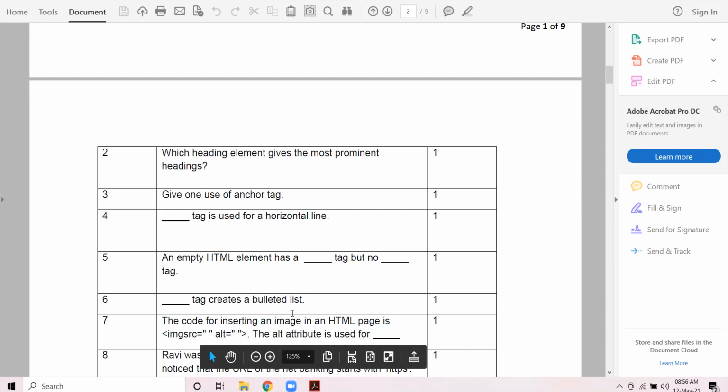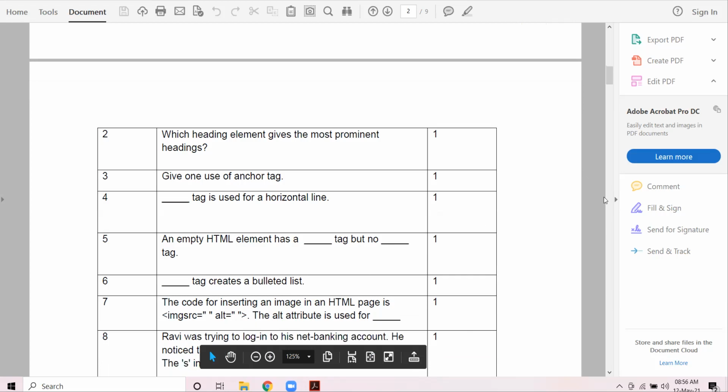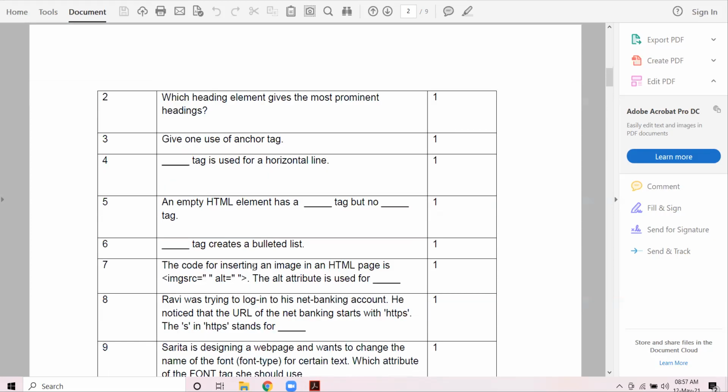You have to write UL within the angle brackets. All right. This question is for Jayaditya. Jayaditya, unmute yourself. Yes, sir. Seventh blank, Jay. The code for inserting an image in HTML page is img src equal to this. The alt attribute is used for